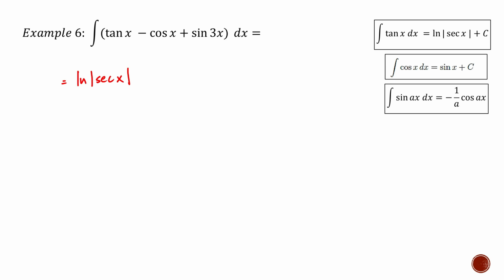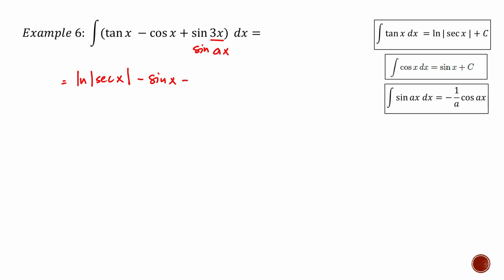Cosine is sine, so this is just minus sine x. And then finally, the last one, sine 3x. So take note of that. That's the general form of that, sine ax, and according to our formula here on the right side, that will be equivalent to